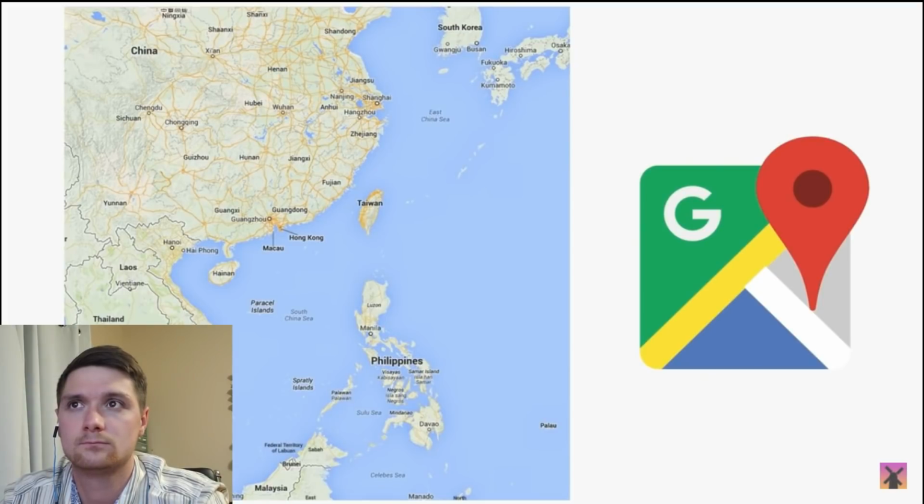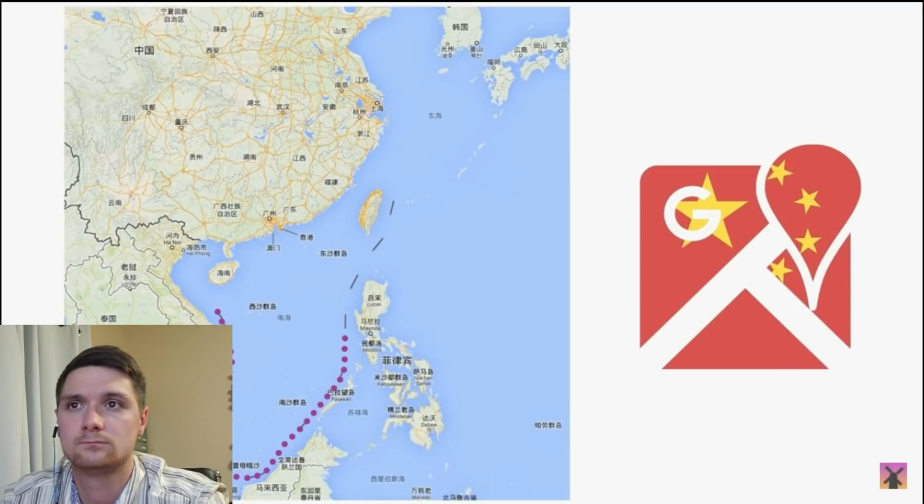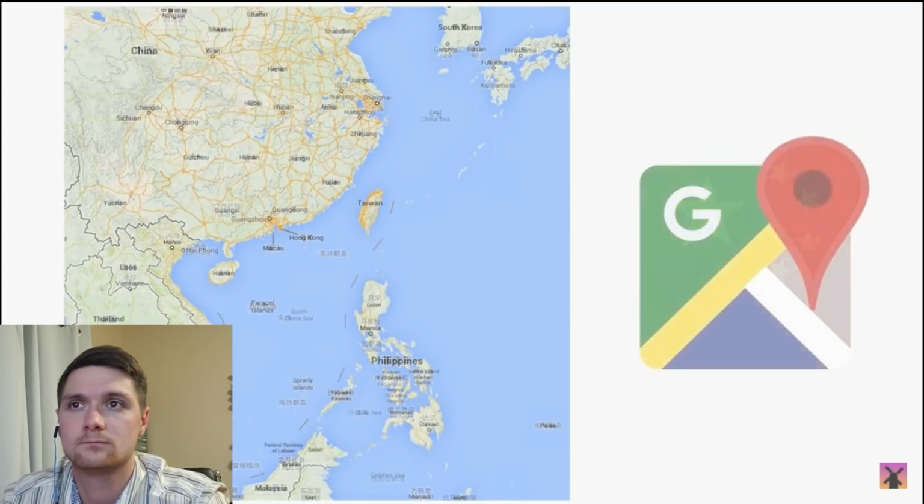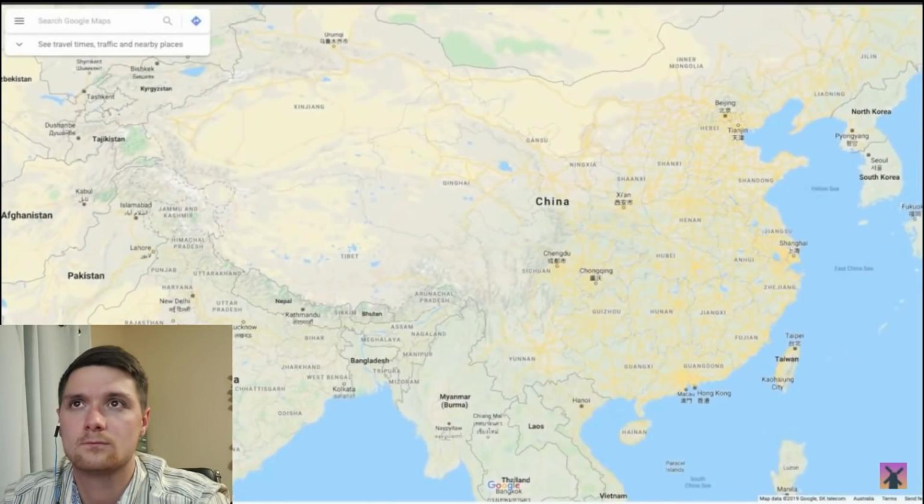The Chinese Google Maps also clearly marks out China's maritime claims in the South China Sea with this heavy dashed line, which again is something that you just won't see on Google Maps while accessing it from any other country. If you want to run a website in China, you have to listen to China's rules.